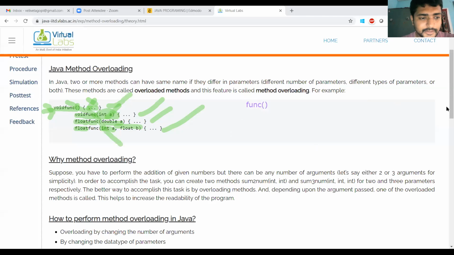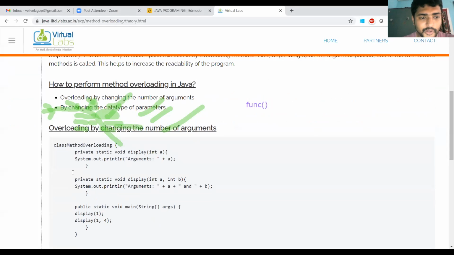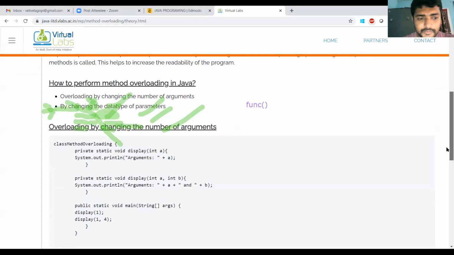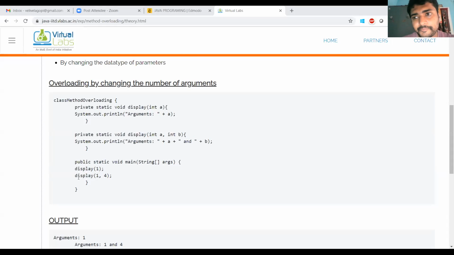He's giving examples also. Here he's passing the parameters to display. The method name is same, display. Here we have one parameter, here we have two parameters. So this is method overloading.